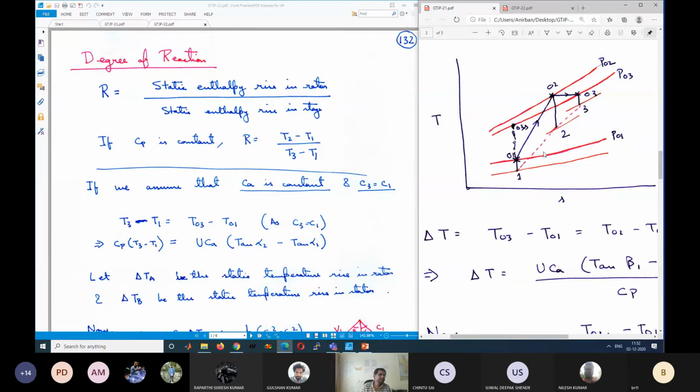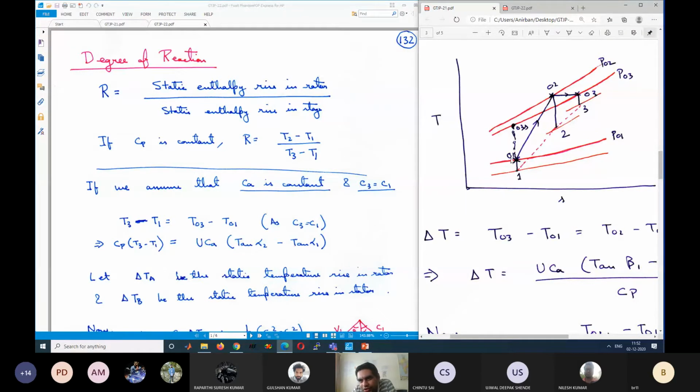We will discuss later that this is beneficial. If R is half, T3 minus T2 is equal to T2 minus T1, and this is beneficial because the total burden of diffusion is divided equally between the rotor and the stator. In this case the losses are minimum, because of equal diffusion. Both the stator and the rotor have a low amount of diffusion. In case R is not half, say R is large, like 0.8,